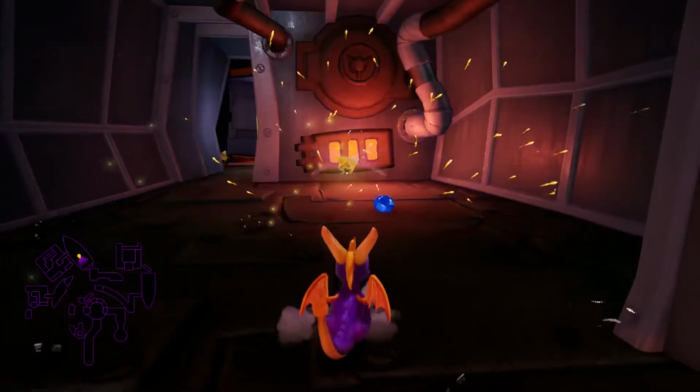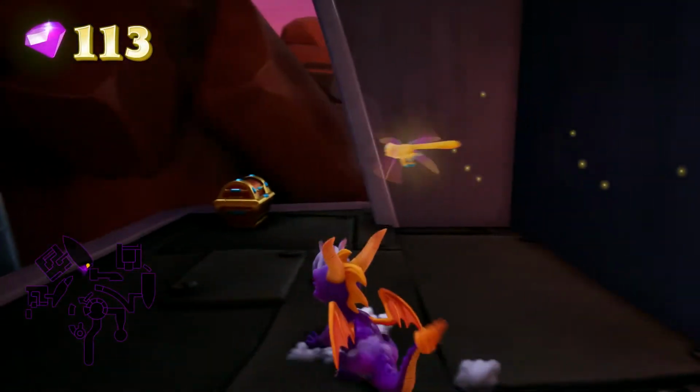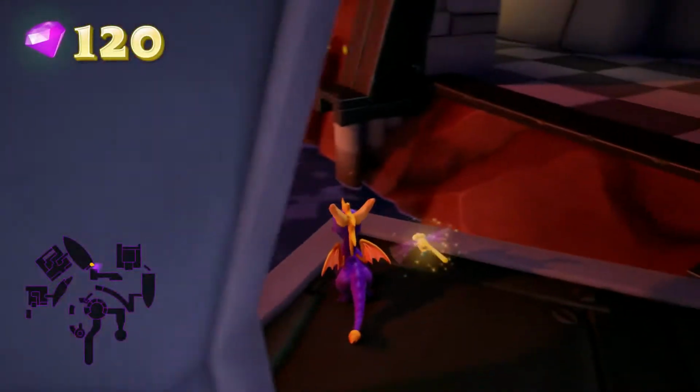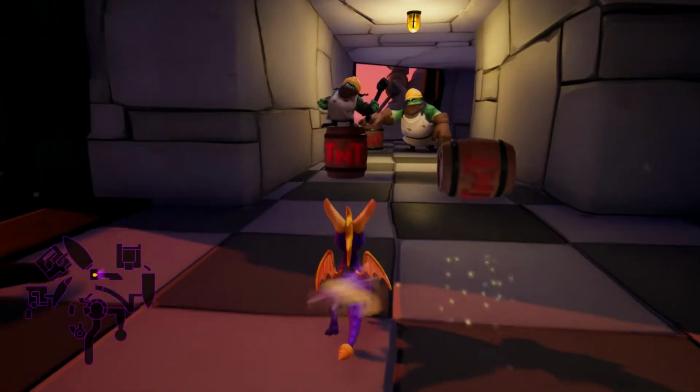If I'm not mistaken, you can actually flame them after their metal armor is gone. Although I really have to wonder, why is he just standing there holding an explosive barrel? That doesn't seem like a smart move. I mean, it makes him defeatable, so I'm not complaining, but...